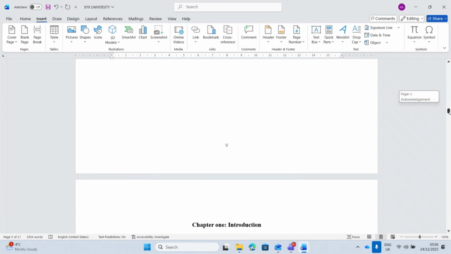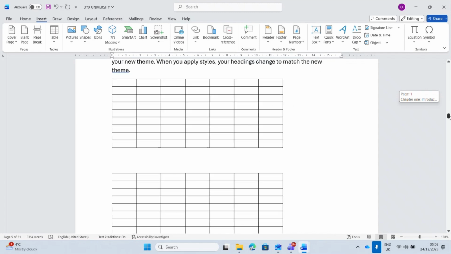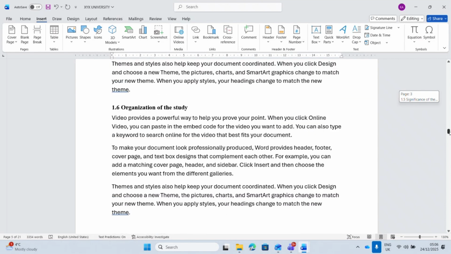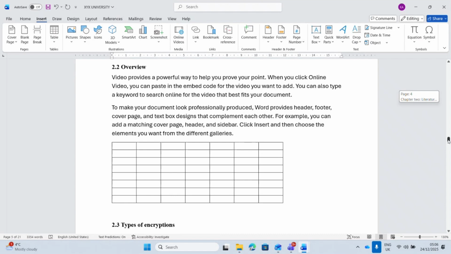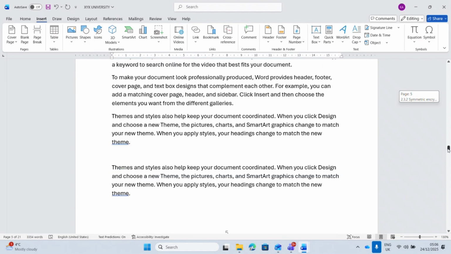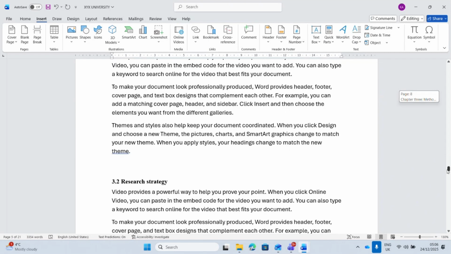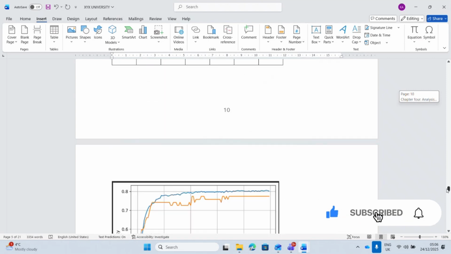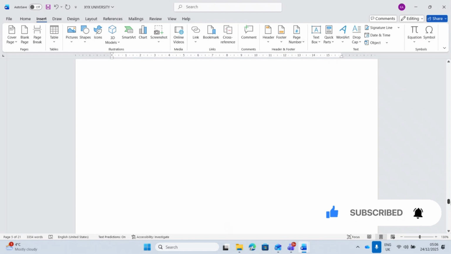And then I have my first chapter here. I have inserted 3 tables in my chapter 1, purposely for my demonstration. And in chapter 2, I have some tables and then a figure. In chapter 3, no tables, no figures. In chapter 4, I have some tables and some figures. So let me start with numbering my